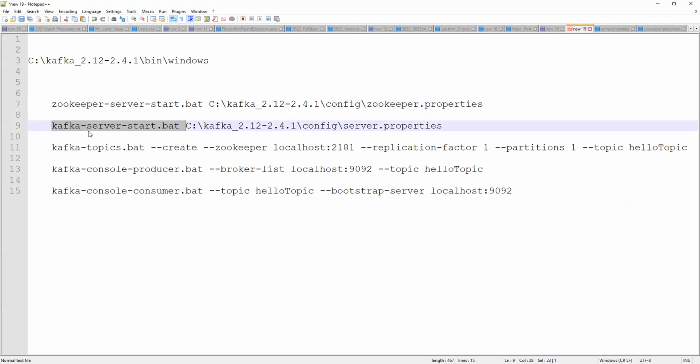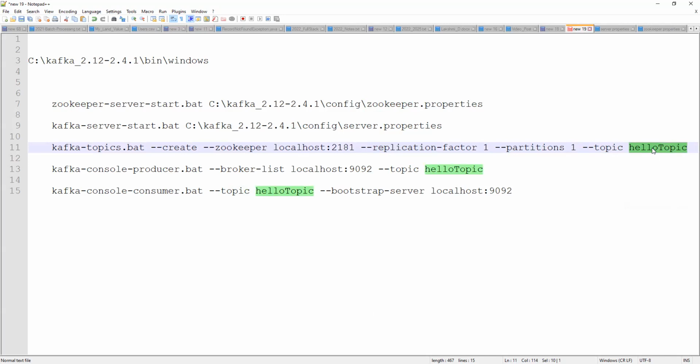Now what do I need? If you want to save data, you need a topic, right? You need storage. So you need to create a topic using the topic bat file. This is the Kafka topics.bat file, with hyphen create and the Zookeeper localhost we gave. Why? Because we need to give the platform and the replication factor. We discussed the replicas and all, right? You can give a replication factor of more than one, but in our local setup I gave only one. At least one partition is needed, so partitions one, and the topic name, hello topic. You also need to specify the topic name. These are simple configurations.